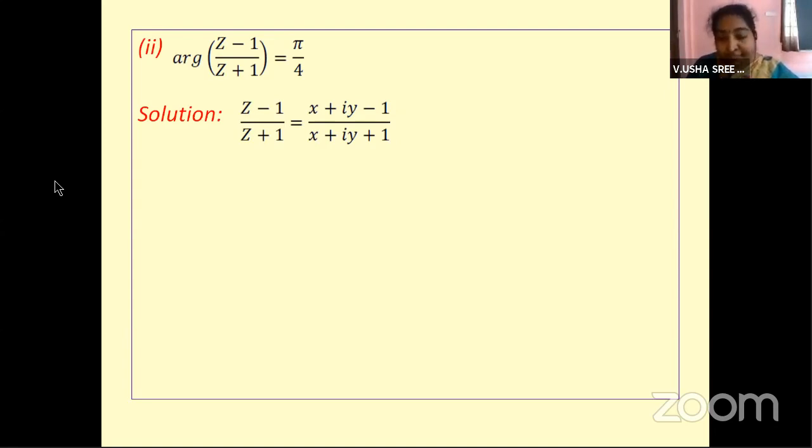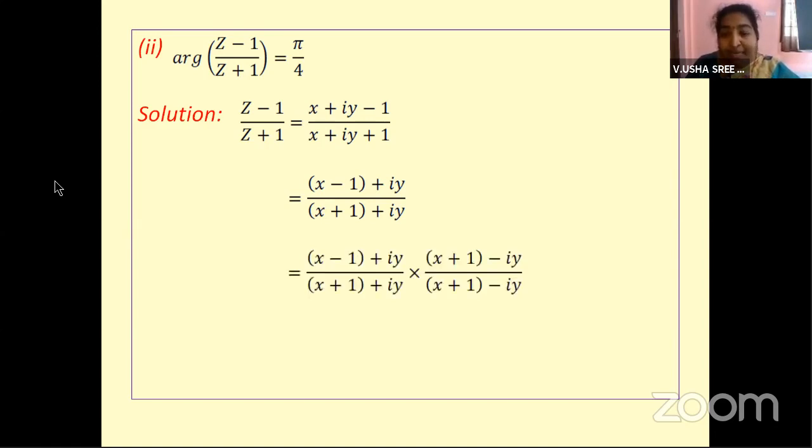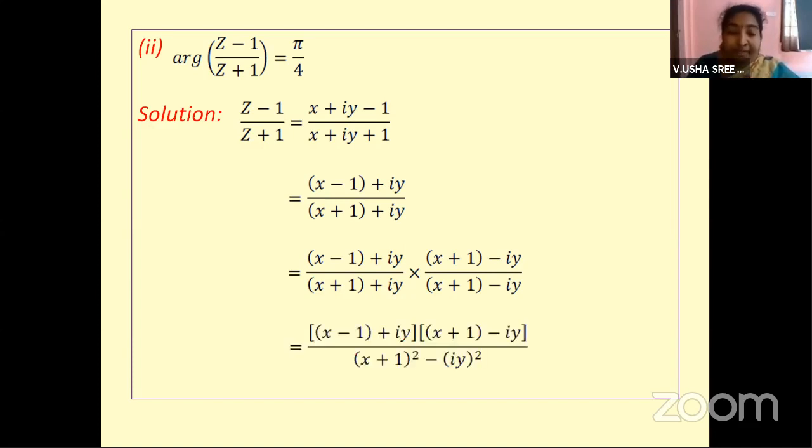We will rearrange the terms with real and imaginary parts separated. Then we will have it as (x minus 1 plus iy) by (x plus 1 plus iy). Now, we will multiply with its conjugate and divide with its conjugate. Why are we doing so? We don't have the given complex number in the form of a plus ib. So first we will try to get it in a plus ib form. When we multiply and divide with the conjugate, we will have it as